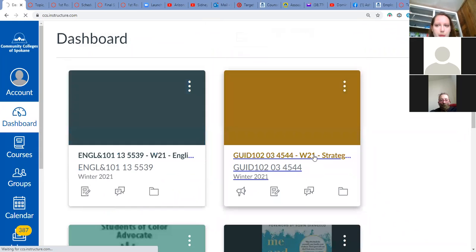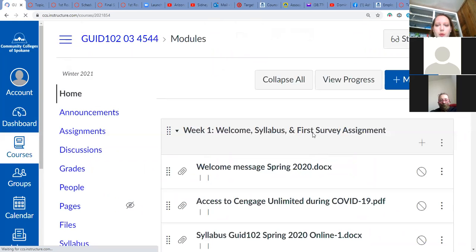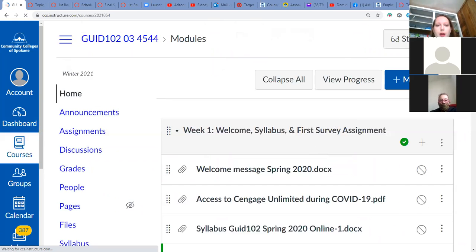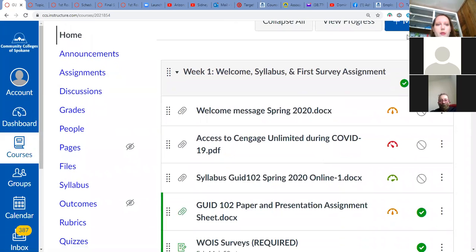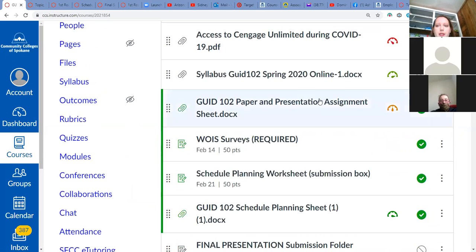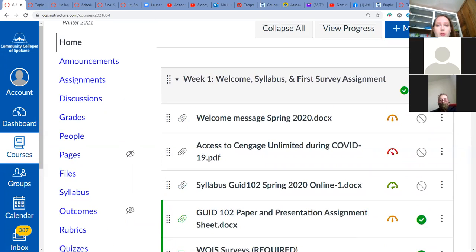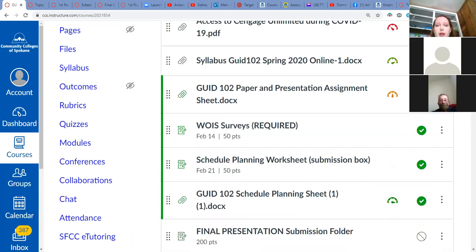I'm going to show you that assignment sheet again. Remember, it's on one of the previous recordings. I've got the file folder available. Let me move this over so I can see. So here's our paper and presentation assignment right there. Remember, anything that's blacked out on my screen will not show up on your screen. This will be the first thing you see on the opening page of Canvas. It's right there at the top for you. Final paper and presentation assignment due the third week of March, okay?